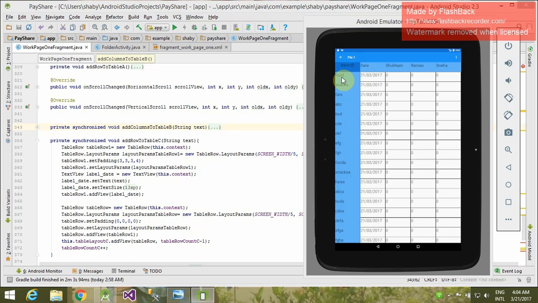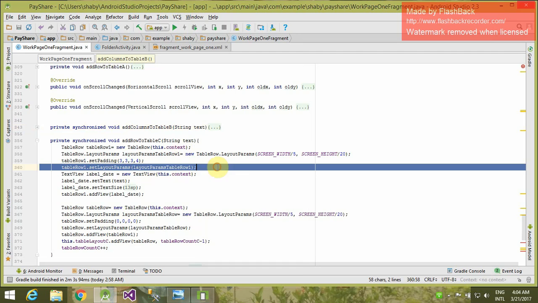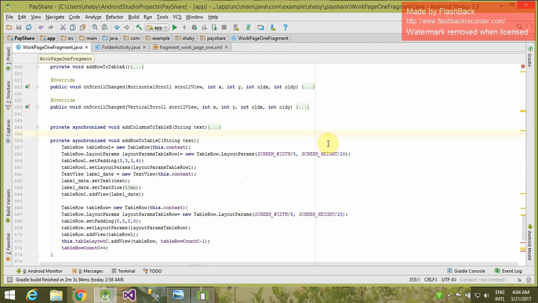That's why the tag is named table row. So this function will add the desired column, and I have added a function parameter, string text, so that we can add whatever desired text to this row.